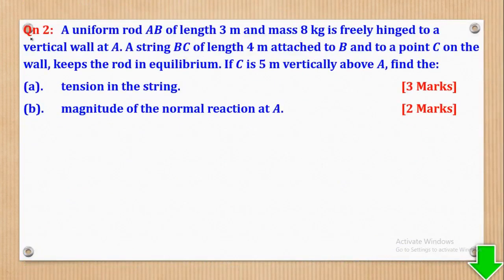So that was question 1. Now we shall go to question 2. So question 2 says: a uniform rod AB of length 3 meters and mass 8 kilograms is freely hinged to